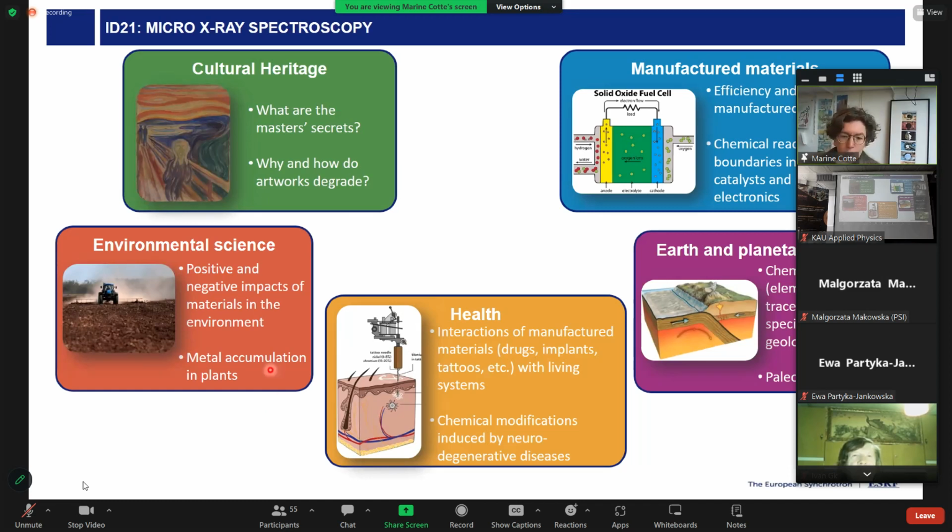And other examples are the accumulation of metals in plants. Health is also a subject where we are interested in the interaction of manufactured and biological systems. For example, the case of tattoos, drugs, implants, and so on. And we also have experiments dedicated to understanding biological phenomena. For example, chemical modifications induced by the